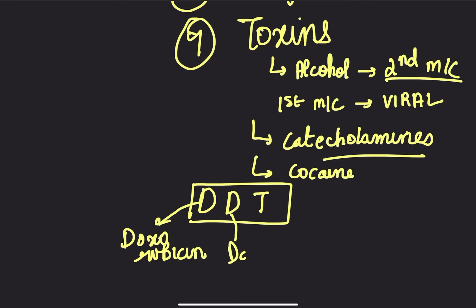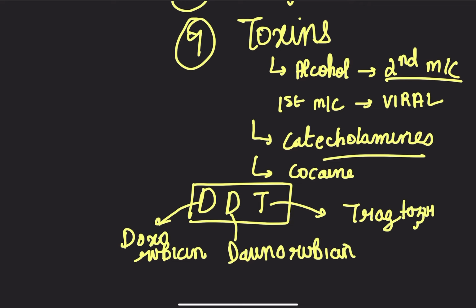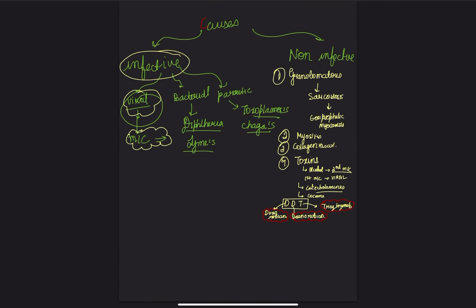Then we have daunorubicin. And then we have trastuzumab. So these are the 3 important drugs that come in the exams that you need to know, which can cause dilated cardiomyopathies. Okay, so the takeaway points are: